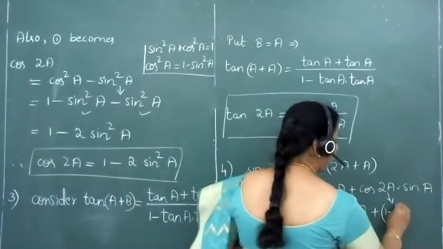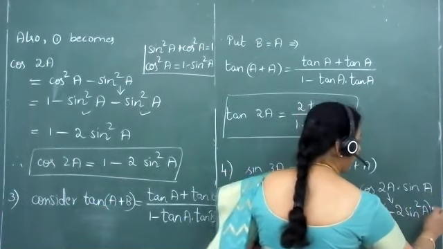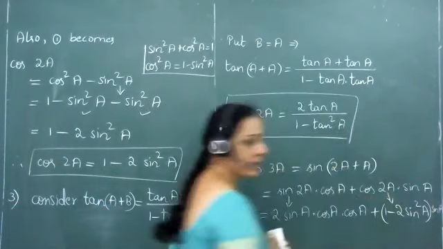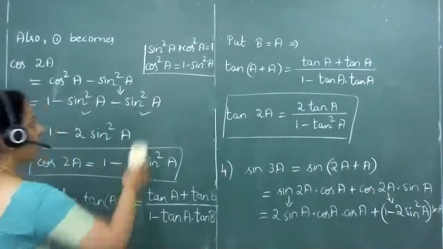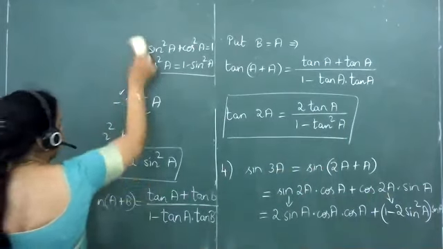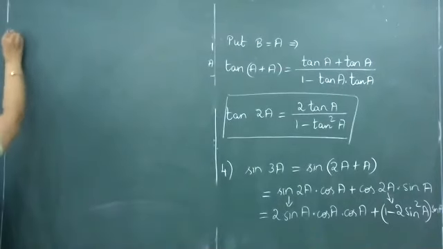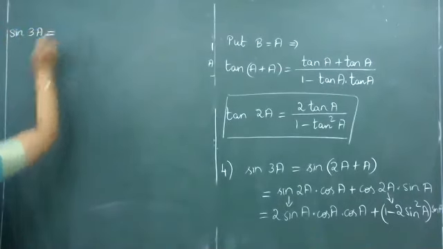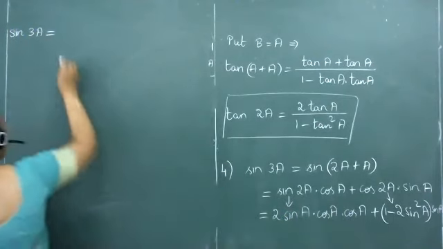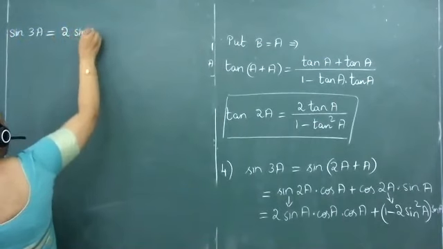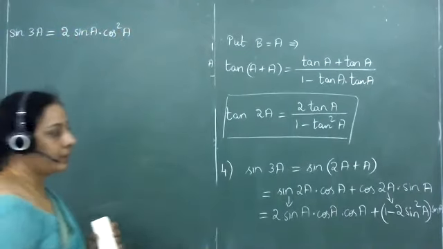Cos 2a will become now 1 minus 2 sin squared a. Last factor into sin a. We shall keep it as it is. We will have to simplify the expression here in the RHS. LHS sin 3a, it will remain as it is, and RHS will now change to 2 sin a into cos a into cos a, it will be equal to 2 sin a multiplied with cos squared a, the first term.